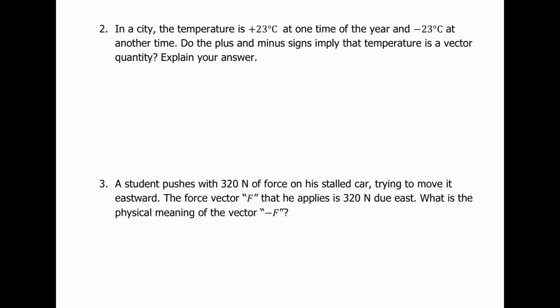In a certain city, the temperature is 23 degrees at one time of the year and negative 23 degrees at another time of the year. That city is not here because it doesn't get to negative 23 ever. But I've definitely had cities that are significantly lower than that. Do the plus and minus signs imply that the temperature is a vector? No, it doesn't, right? What are the positive and negative signs implying? Basically, it's the temperature